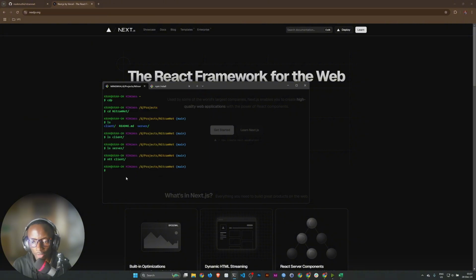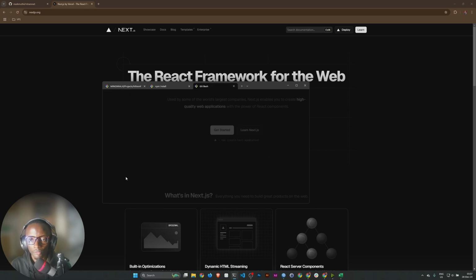And as it does that, we could be working on the server. The server is Express. So there's not really much to do here with regards to running a specific framework command.